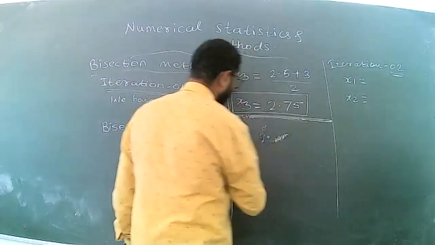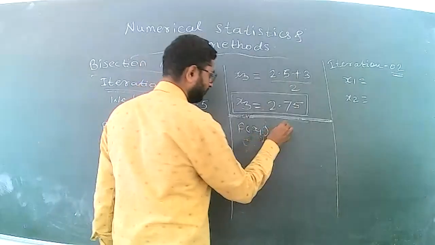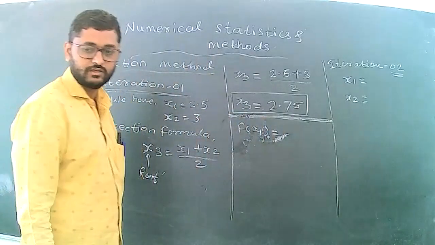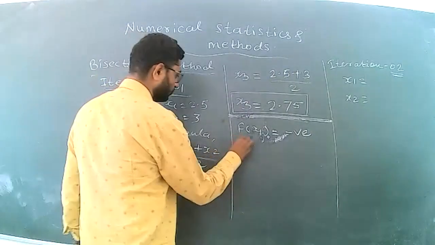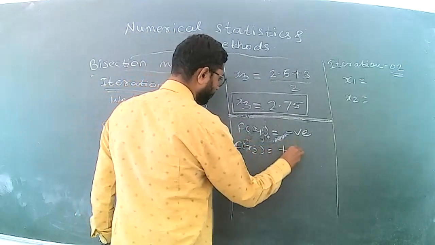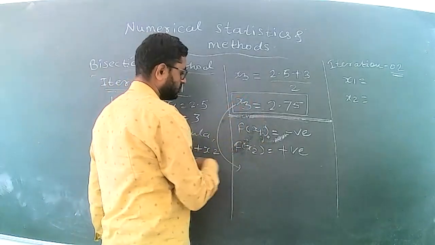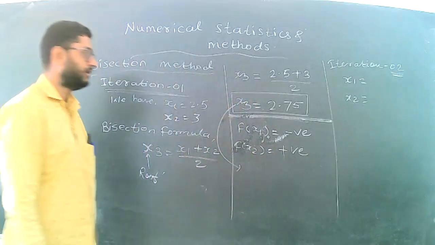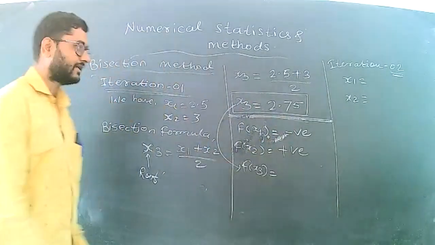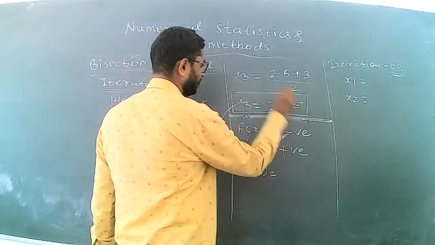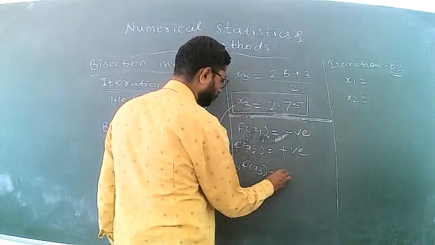Let us see here, student. We have x1, f of x1. The sign of f of x1 is negative. The sign of f of x2 is positive. Similarly, find the sign of f of x3. Here we have to find f of x3, meaning we put x3 equal to 2.75 into the function equation. That is f of x3 equal to